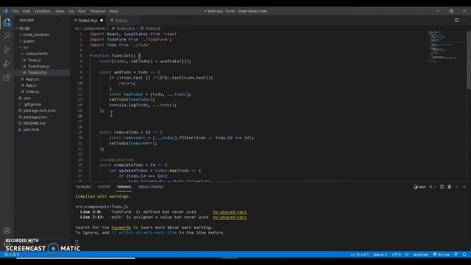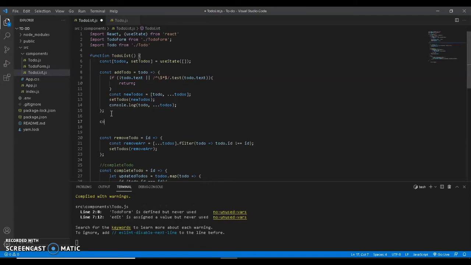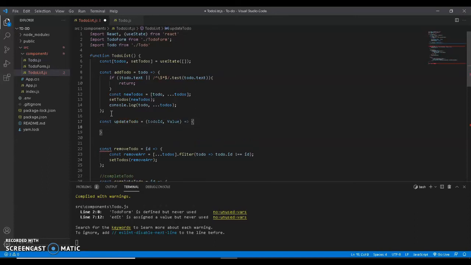So now the way we added removeTodo, we have to add updateTodo too. For that we have to go with the const updateTodo is equals to, we'll go with this, and we have to do id comma value, which goes with updateTodo, and here it comes if